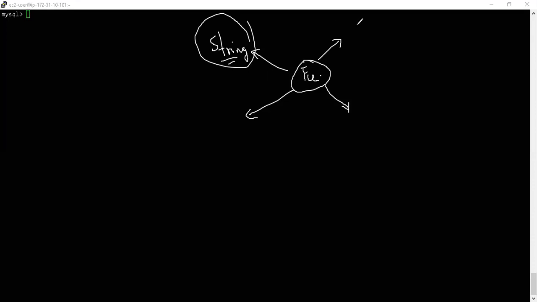The second kind of function is the numeric functions. Okay, this we have not looked into. We have to look into this. These are like if you want to convert an integer field, for example, into floating point, or you want to convert a floating point into integer, you want to round a floating point number to 3 decimal places, and all these things. So anything which is related to your numeric functions. This can also be mathematical operations like finding out the average, right? So these become the numerical functions, right?